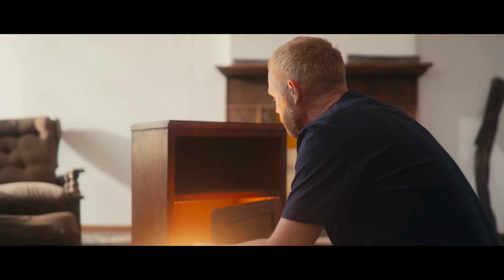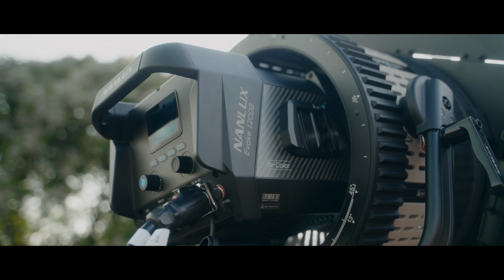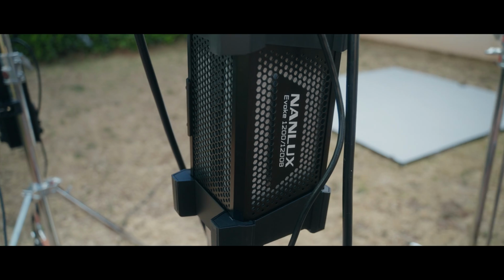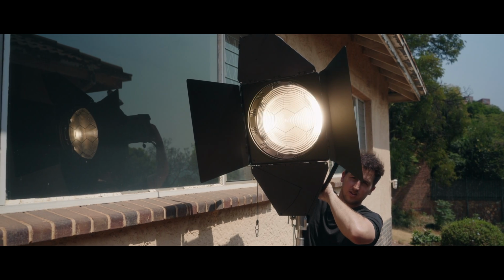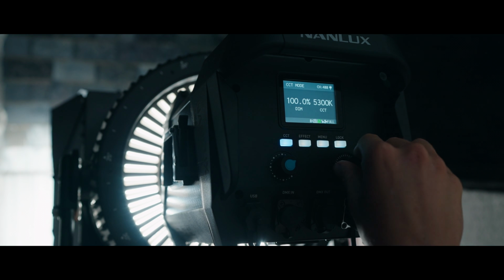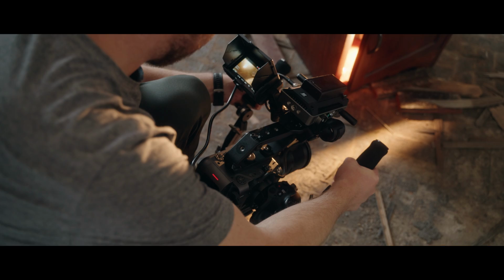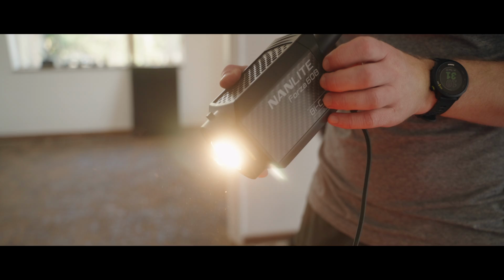The project was commissioned by Nanlux to showcase their brand new Evoke 1200B, a super powerful bicolor COB light and the only one in its class with the ability to go from 6500 Kelvin all the way down to 2700 Kelvin. I'm a huge fan of bicolor lights because it opens up more freedom to play with color contrast without